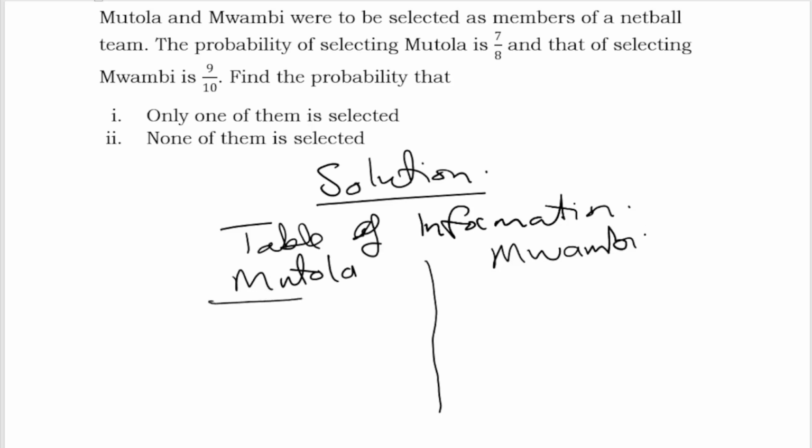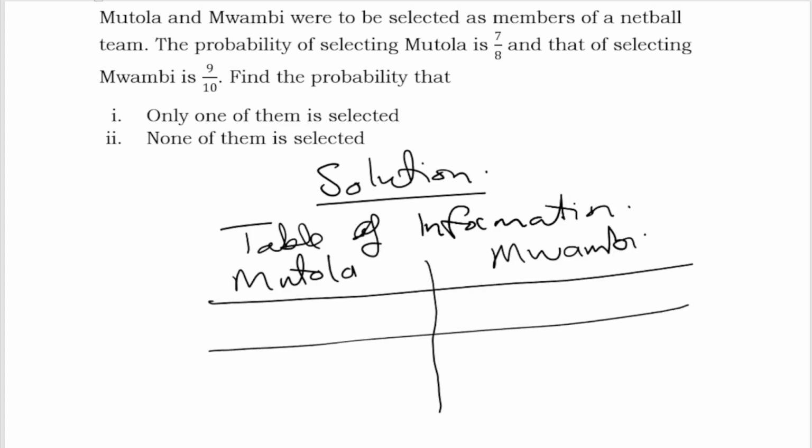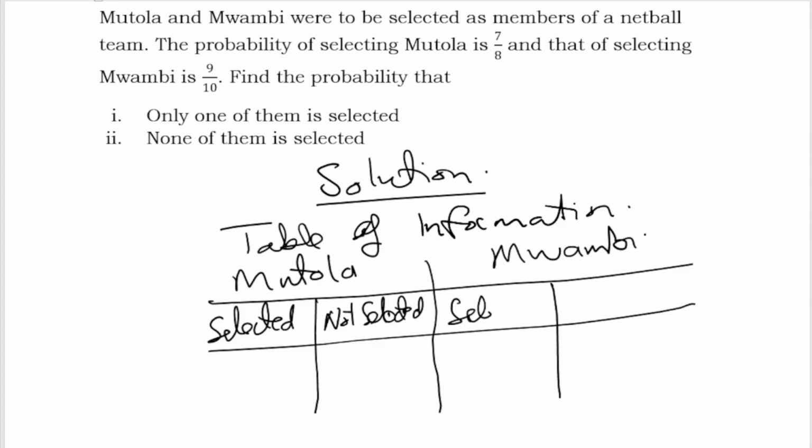For the two people, each one has two options. What are the options? There is being selected or not selected. Mwambi also has selected,